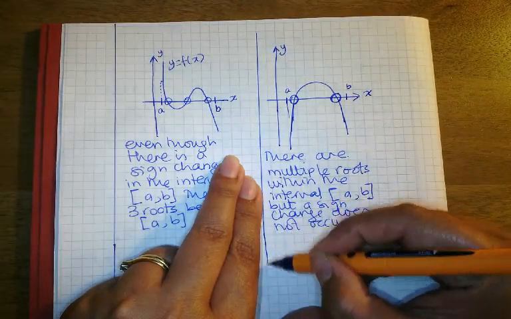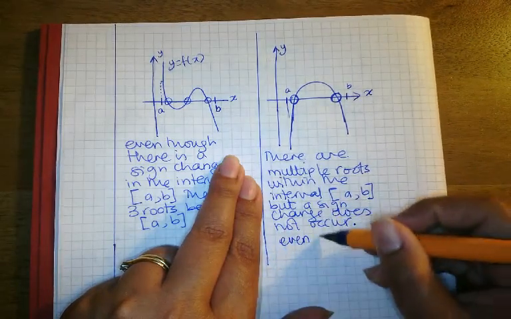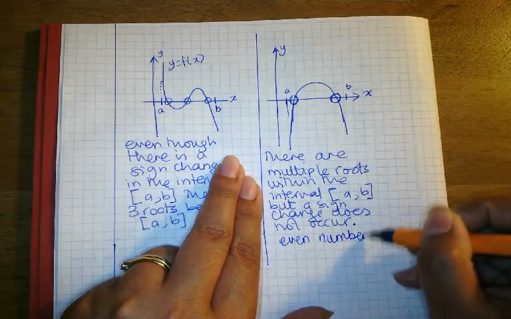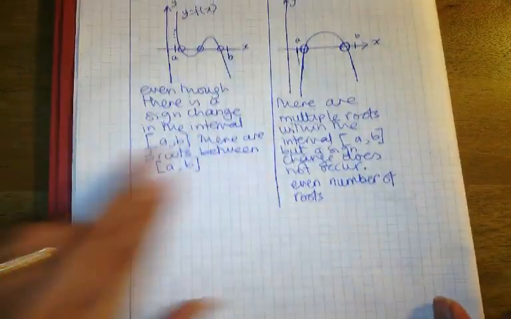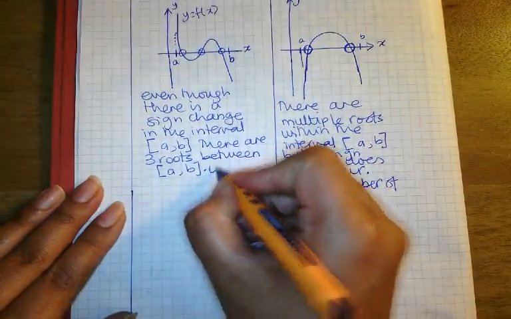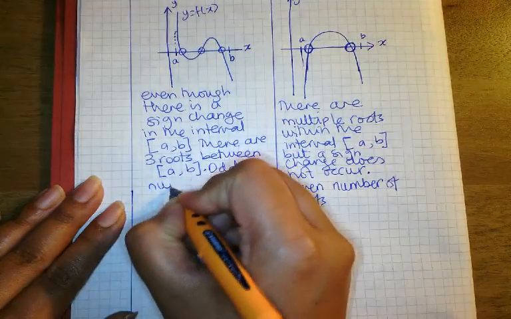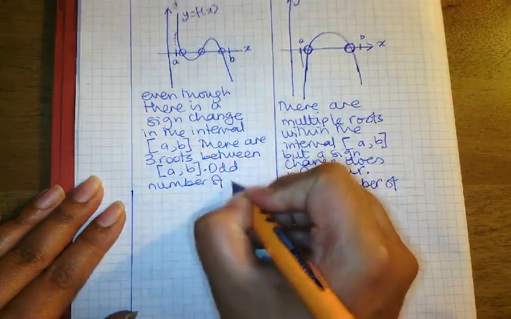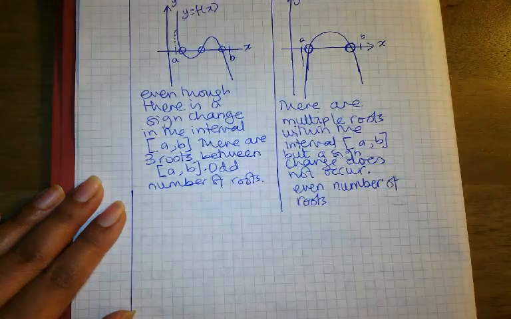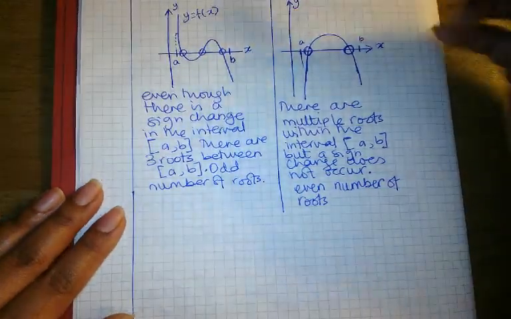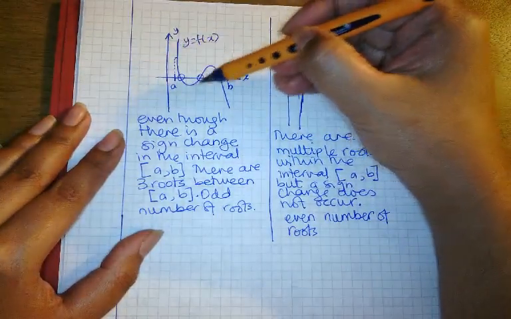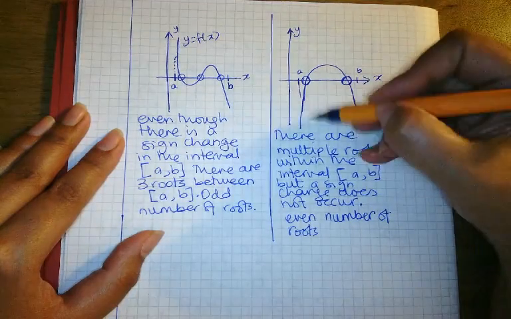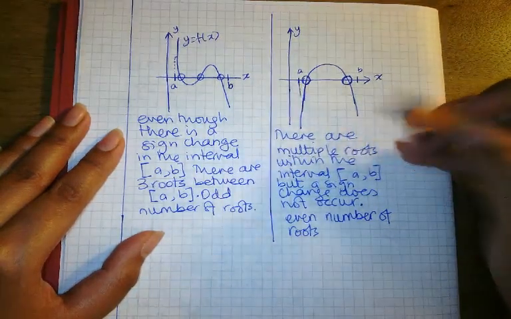So we have an even number of roots, and here we had an odd number of roots. Now these 2 examples are for continuous functions, and what that means is that I'm able to draw this function without taking the pen off the paper. Now in the third situation,